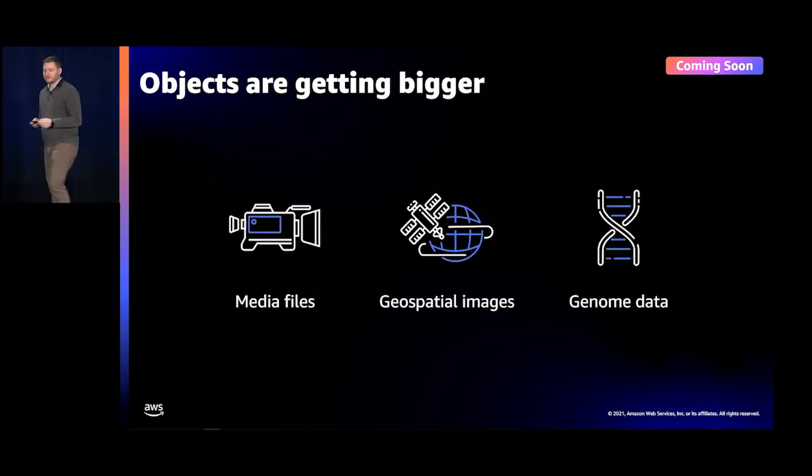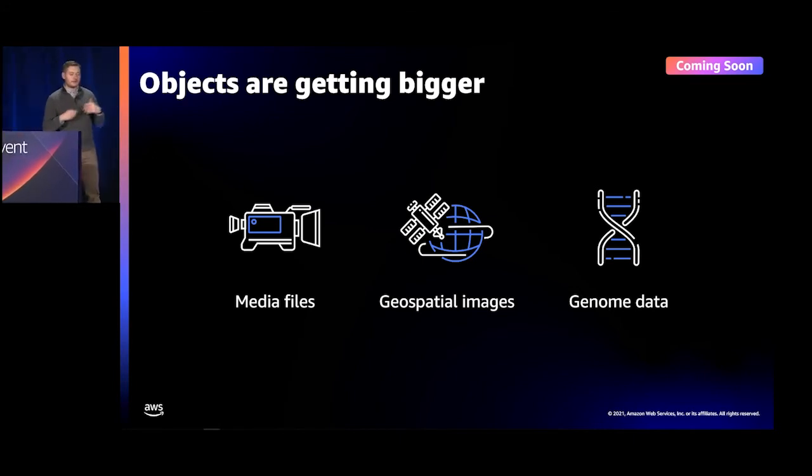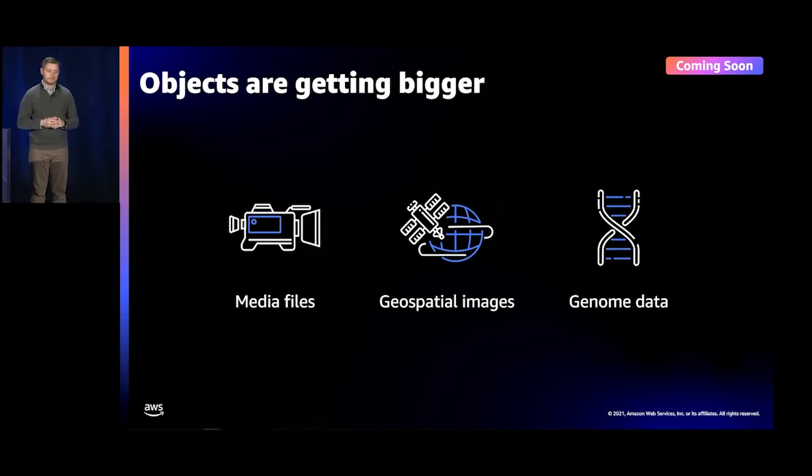We also talk to customers who are dealing with bigger and bigger objects. From media houses who are generating ultra-high definition videos using the best cameras available, to geospatial companies translating Earth as a data set by capturing and storing high-resolution images of the planet, to research institutes storing and processing large genome data sets. These are a few examples, but really it's something that we're seeing across industries. As data sets grow, object sizes generally do as well for a bunch of workloads that are running on S3.